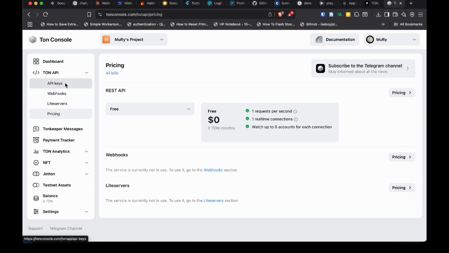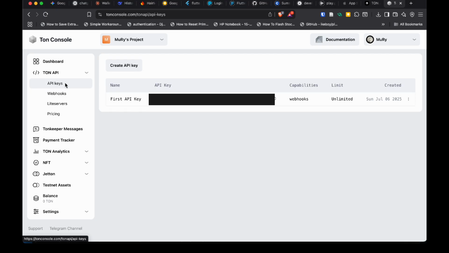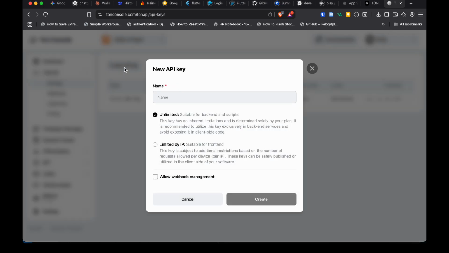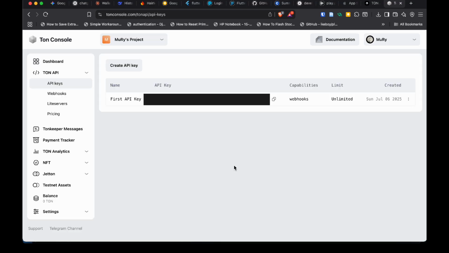You can see mine on the screen, which I'm going to blur out, but you can see it clearly there. In your own case, if you're starting your project from the beginning, you're going to have to create your API key. You can give it any name you want, and leave it as unlimited for testing, and then you can create your API key. Once you are done creating your API key, you go to the website tonapi.io,